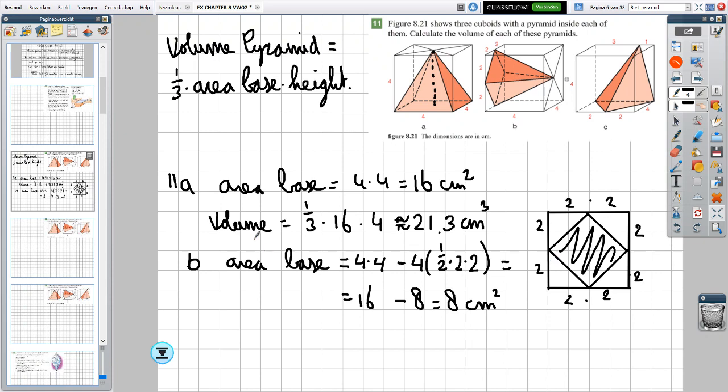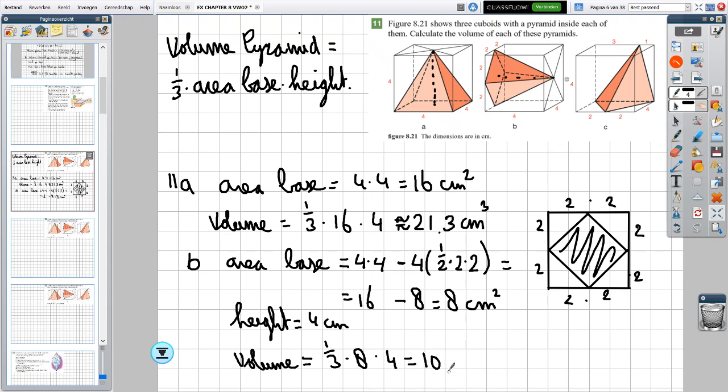Okay, let's take a look. So the area of the base is this. The height, I can write it down separately. The height of this pyramid is from here straight down on this base again. So here again my height is 4. So my volume is going to be 1/3, right, 1/3, times area of the base, which is 8, times the height, which is 4,